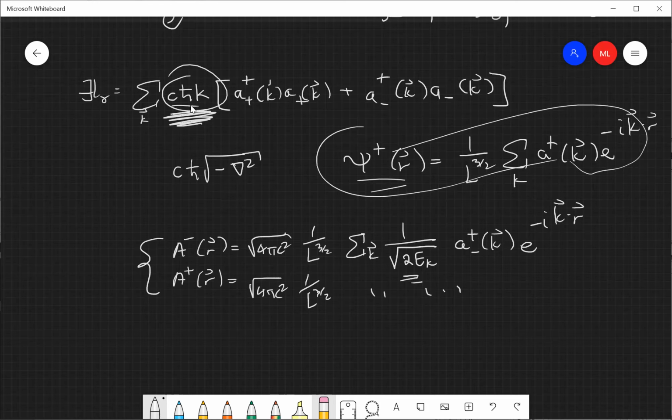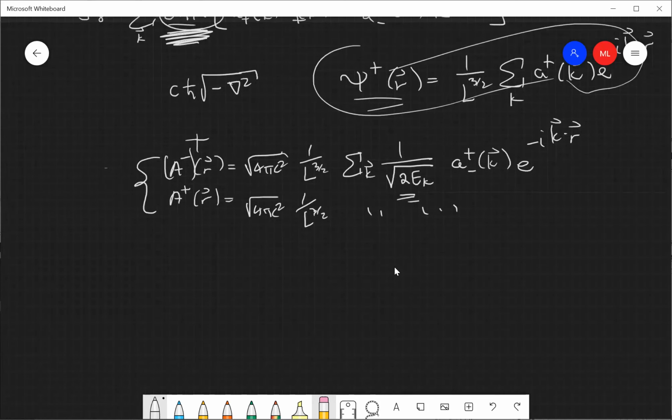Oh, sorry. So this should be, I guess, dagger. Okay, and so then you can use this to rewrite your Hamiltonian, and I'm not going to do that because I do want to talk about supersymmetric quantum mechanics a little bit. But what you find is